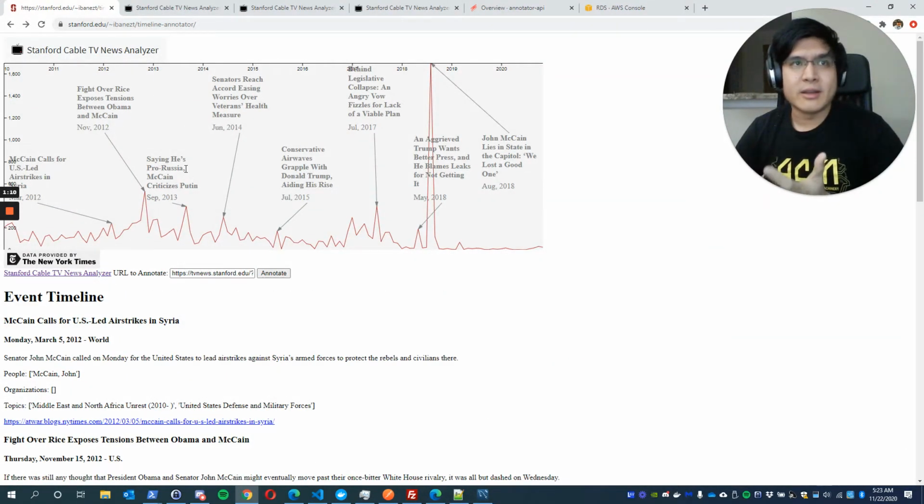And so how do we define the events, right? We use volume-based event detection, where high volumes of screen time denote that something likely happened. So we find the peaks in the data. However, you notice that we don't label all of the peaks in the data because that would be too many. There would be way too many annotations.